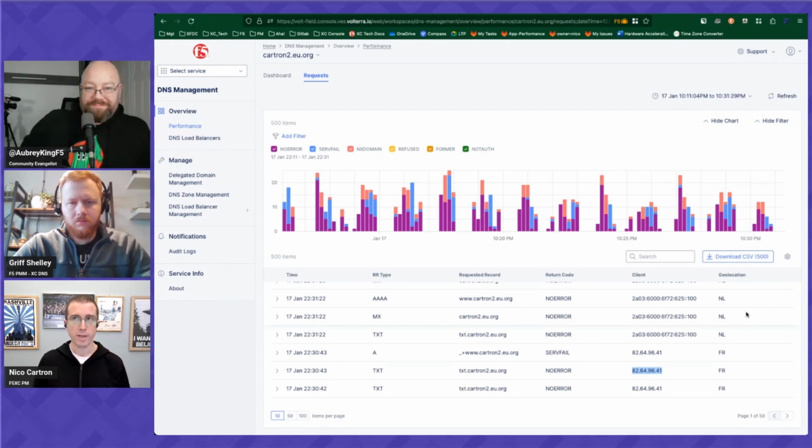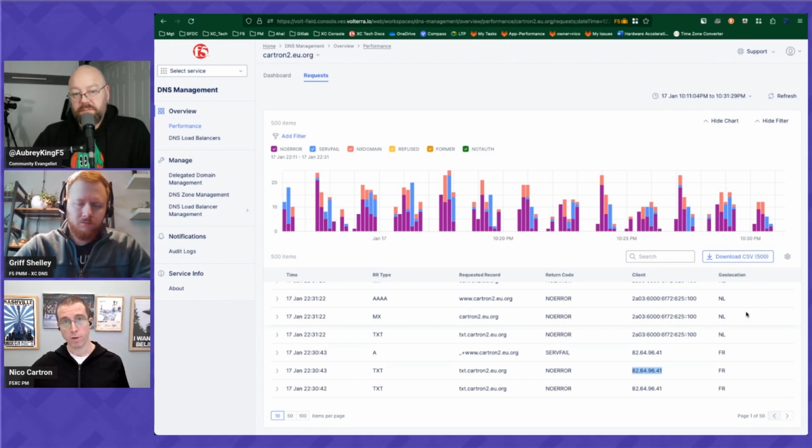And today it's mostly dealing with WAF logs, HTTP load balancers, and things like this. We are adding global log receiver capabilities for DNS and CDN. So meaning that soon, not only will you have those requests that you can see in the console, but you'll also be able to stream those requests